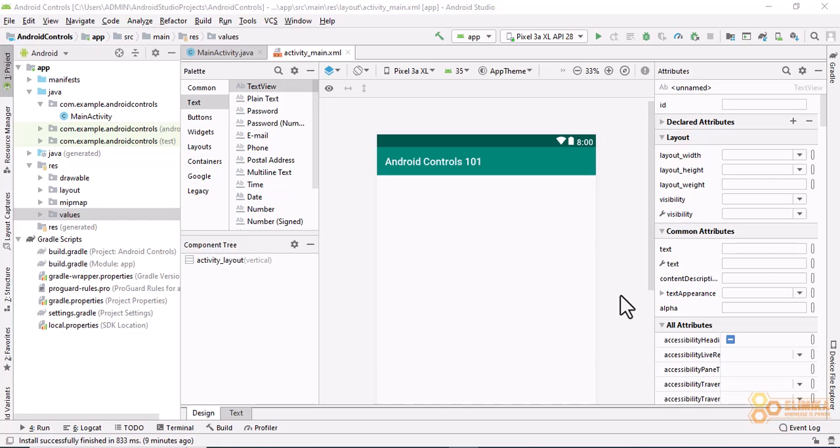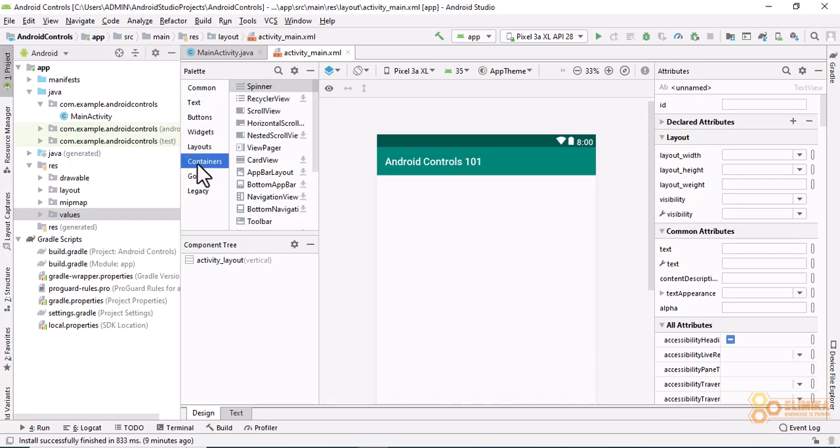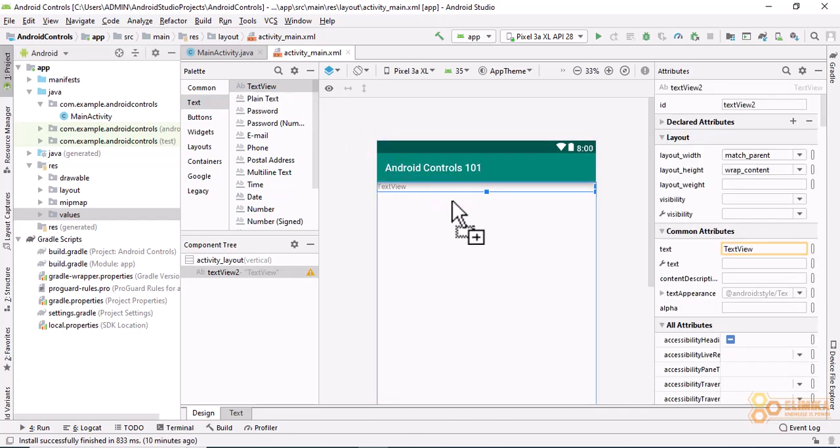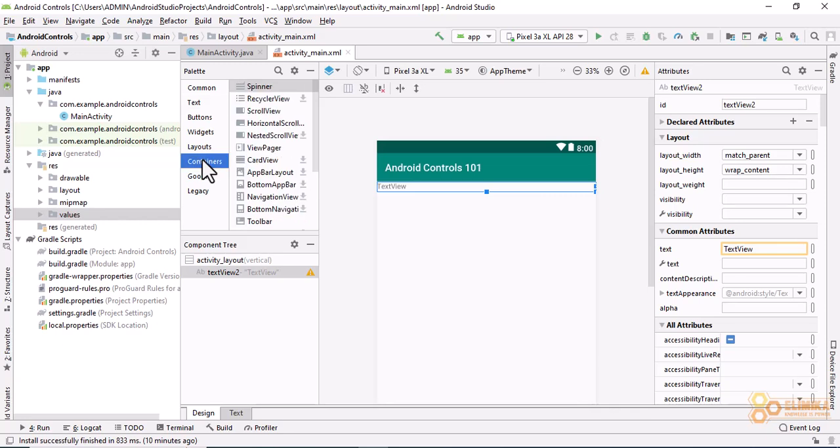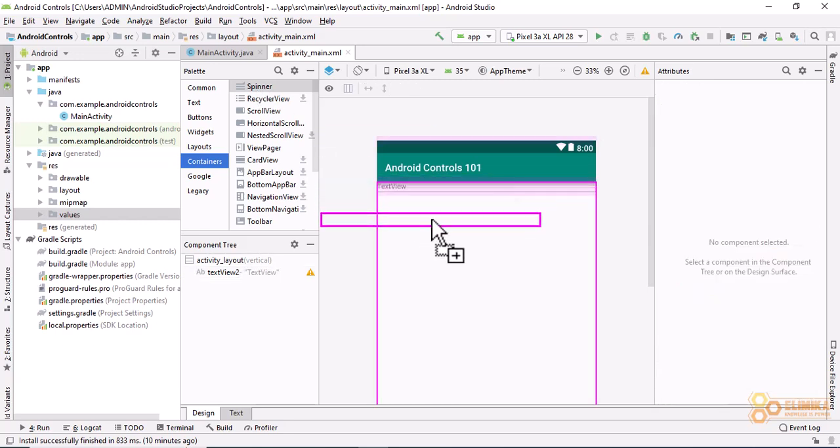In this tutorial, we are going to learn how to implement the spinner control in Android, and also see how to add the spinner control and handle some of its events. One of the things that I'm going to do is to find the spinner control, and you can find it under the containers tab. But before that, I want to add the text view such that when I select an item on the spinner, it will be displayed on the text view. Then secondly, I will add the spinner